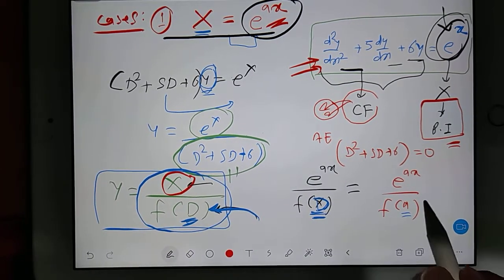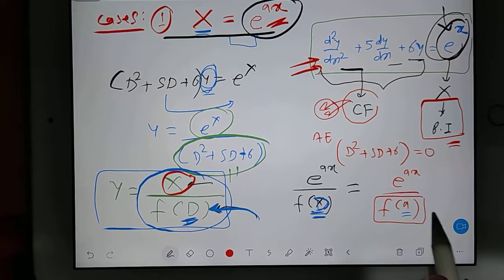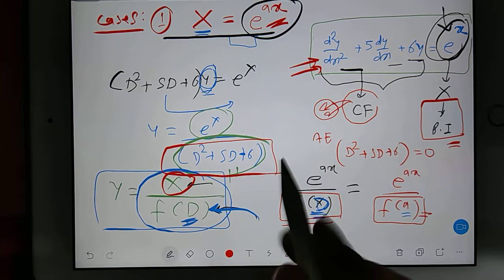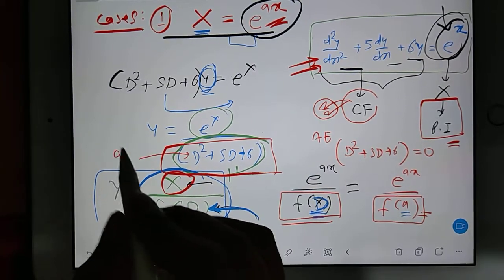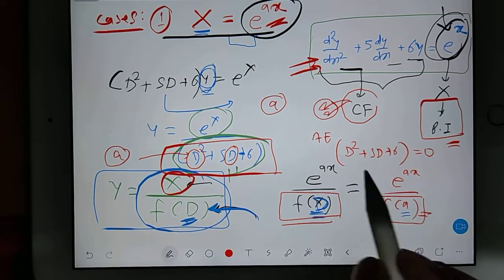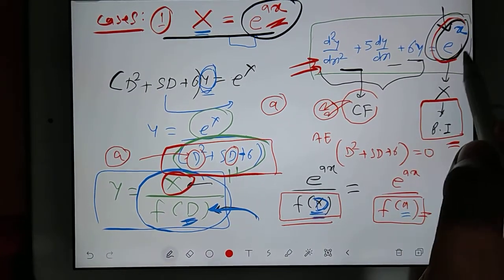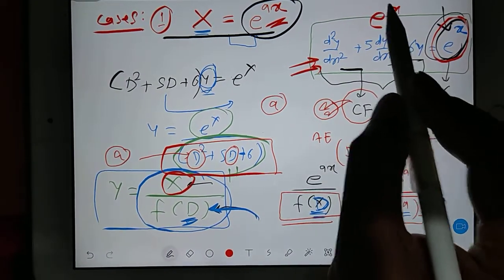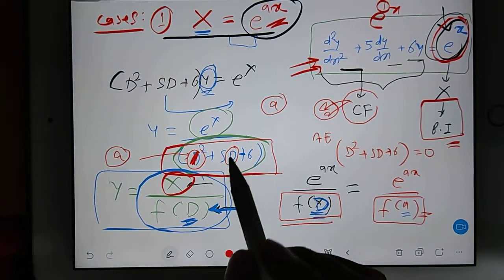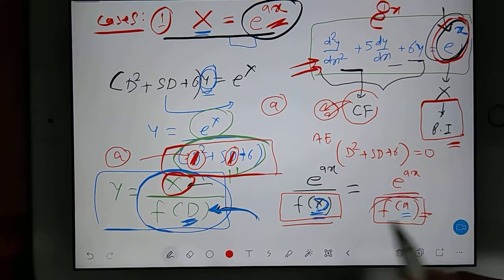Okay, so what is your FA? How will you calculate FA? To calculate FA, you should know what is your FD. This guy is your FD. In this FD, you substitute your A value here and here. What is your A value? Go to the question. E power X is given, so your A is 1. This one you copy, substitute here, substitute here. So FA will be 12.